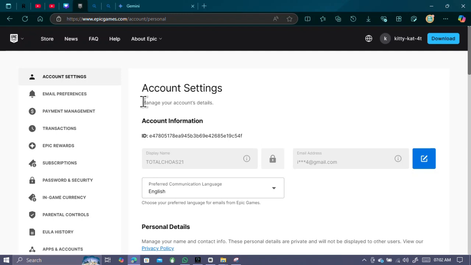So once you're in, you click on account settings, which is exactly where I am, and then you click on your profile icon in the top right corner. If you're using Fortnite, click on that, and then once you've done that, you go to payment management and click on payments in the left hand sidebar, and then you locate the payment method you want to delete